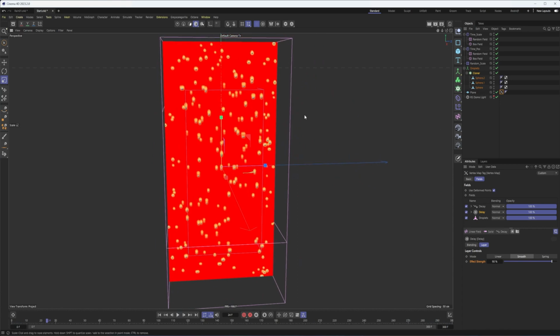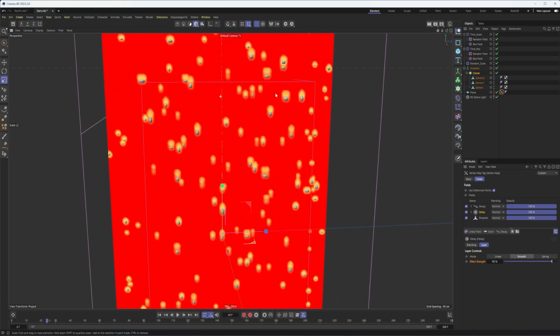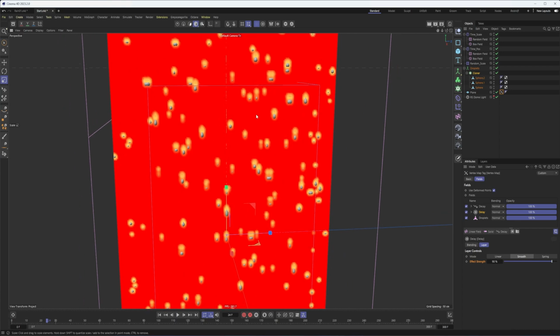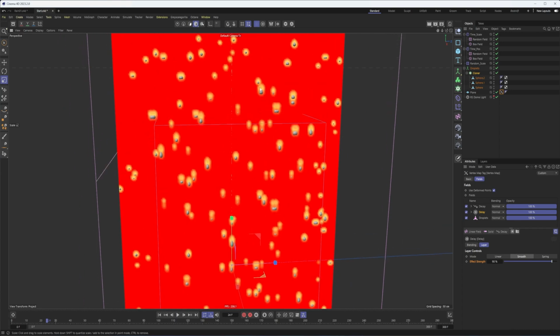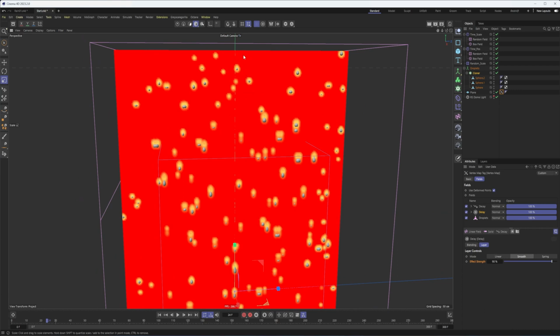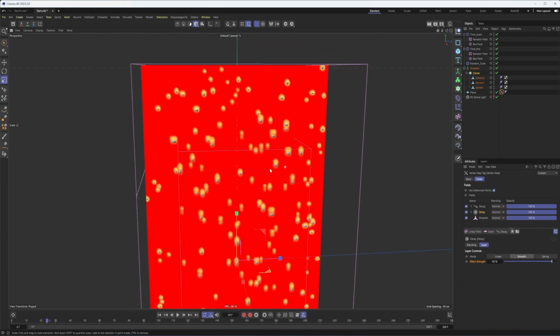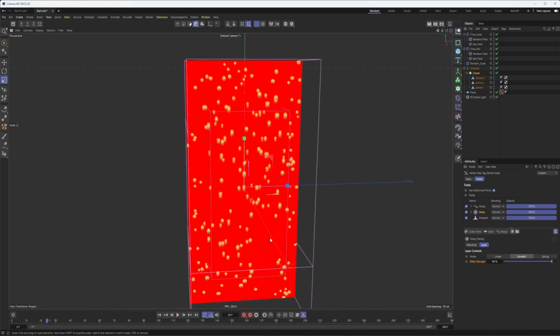Now for this next part, we're going to need to work with the material, because the whole point of getting this vertex map here is to eventually have this affect the roughness so that our glass looks like perhaps it's kind of wet, that the droplet left a little bit of condensation or liquid behind that's changing the material.